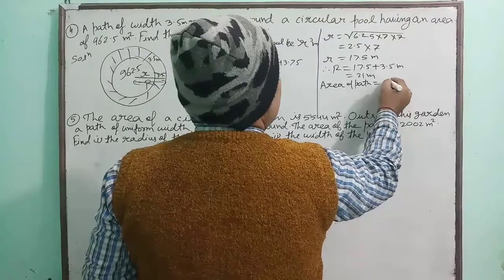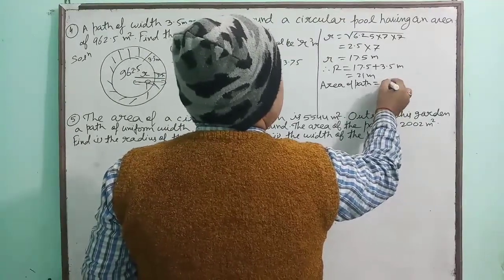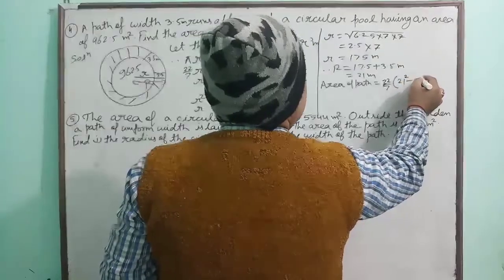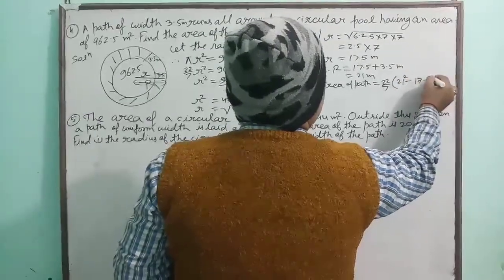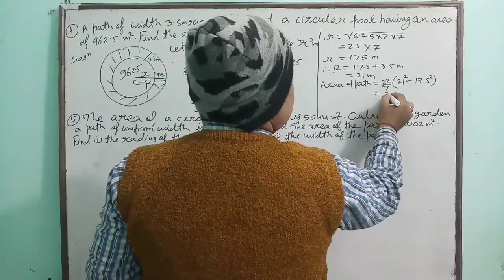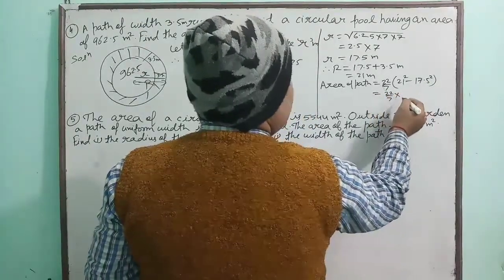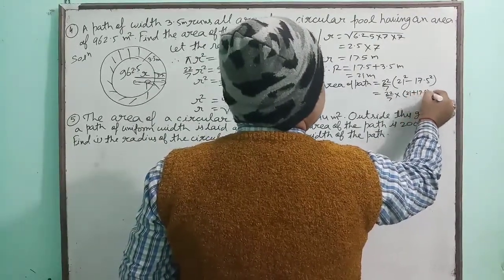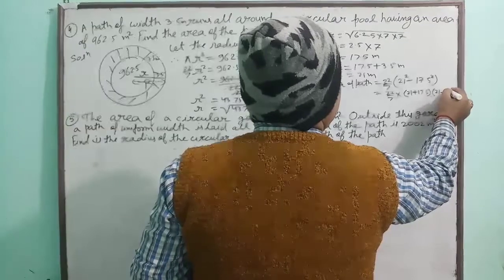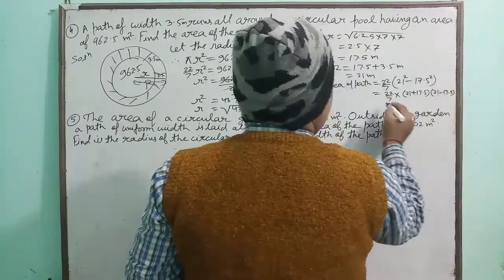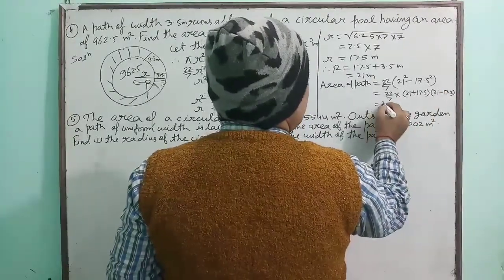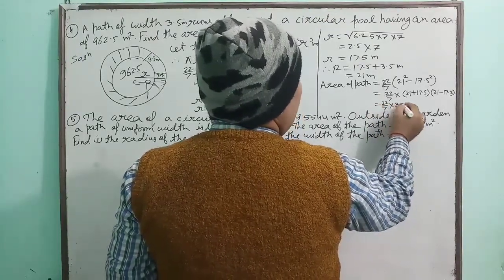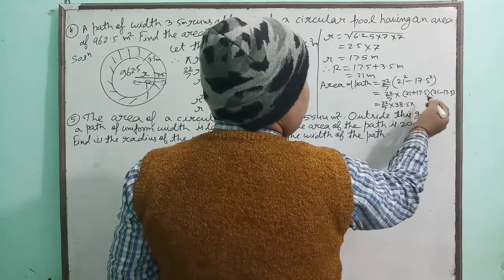Area of the path is equal to pi. Pi means 22 by 7, times capital R square minus small r square, which is equal to 22 by 7 into, in one bracket 21 plus 7.5, in another bracket 21 minus 17.5, which is equal to 22 by 7 into 38.5 into